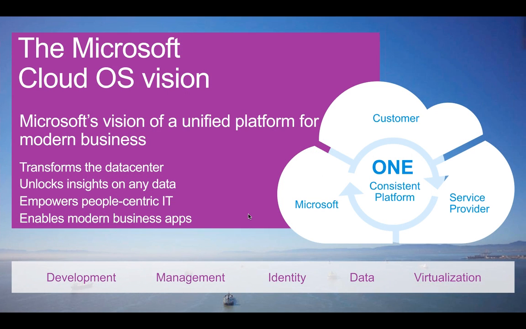Just to get a perspective on how the Microsoft Cloud OS is emerging, it's essentially standing on four pillars. As an enterprise IT, as an SMB IT, what you're looking at is first transforming the data center, and mostly it's all about managing the infrastructure. Today most IT organizations are spending their time on how to optimally manage their IT infrastructure, trying to consolidate and virtualize servers to significantly reduce costs and create some room for further expansion.